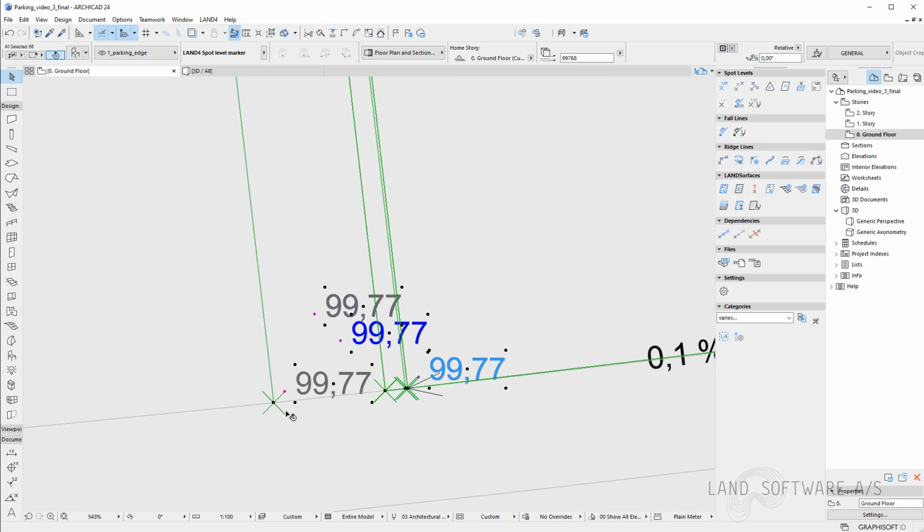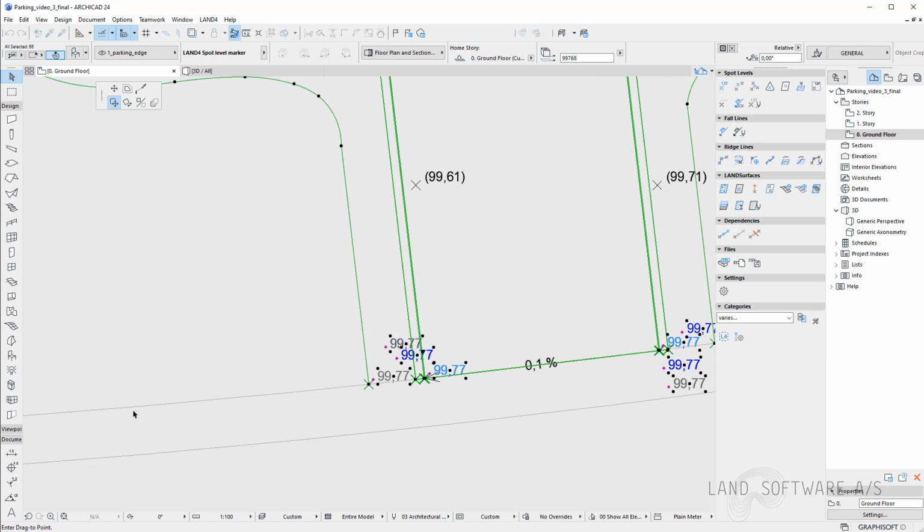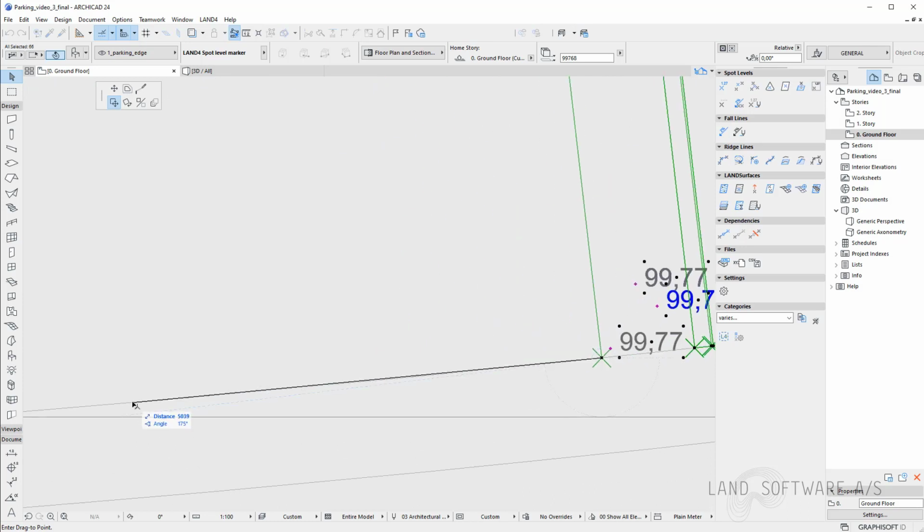And once I've done that, I can now basically drag the whole site to maybe 5 meters more to the left.